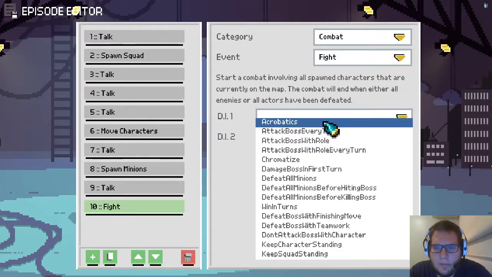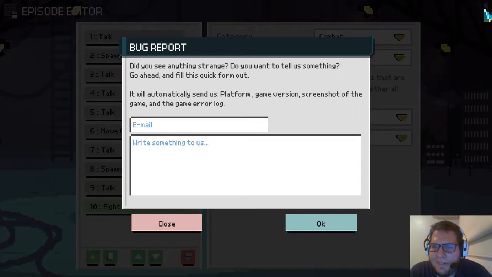Let's choose this. It doesn't work for some reason. So it's probably a bug on the beta. So this is a good time to report. You can report a bug by clicking on the top right side. I'm gonna put my email over here